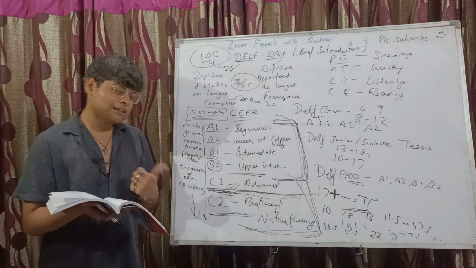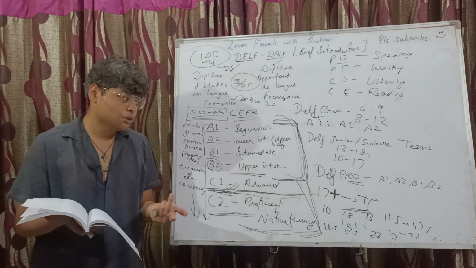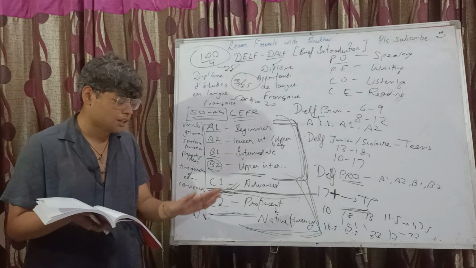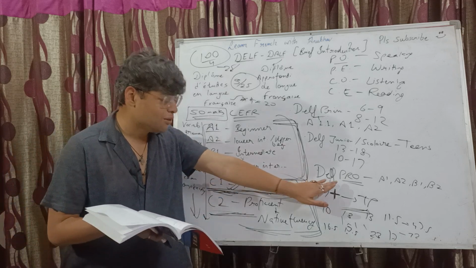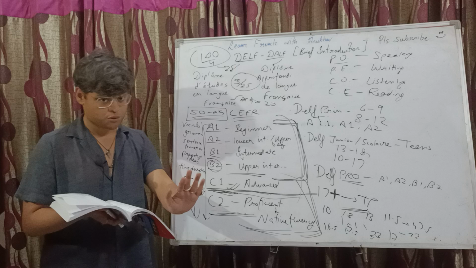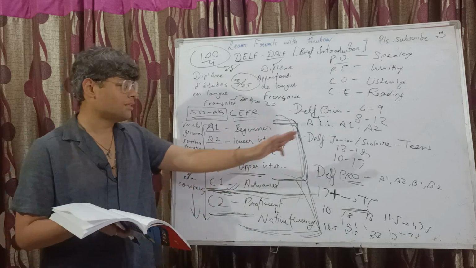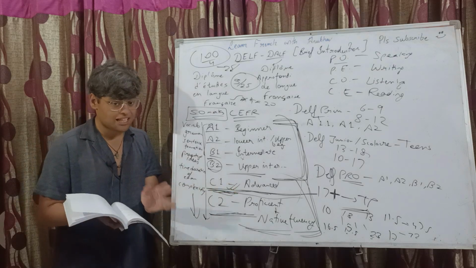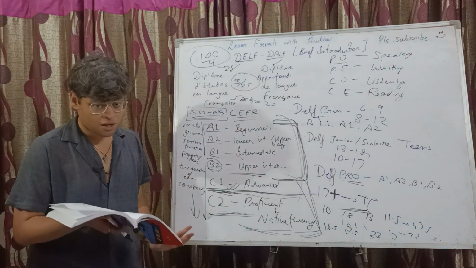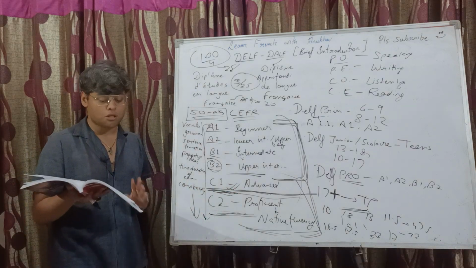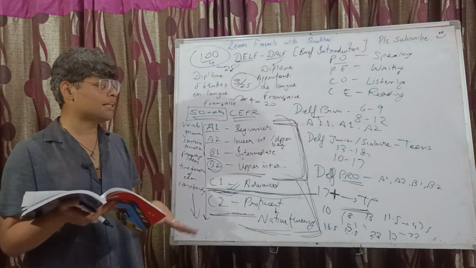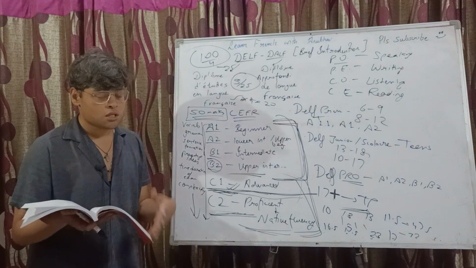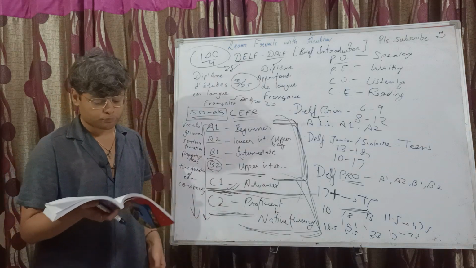DELF Prim takes place roughly 1 to 2 times a year. Junior takes place 1 to 2 times a year. Pro, I am not really sure when it takes place because I haven't really come across DELF Pro as such. Again, this 1 to 2 time frequency will vary from branch to branch of Alliance Française depending upon the demand of this exam in that particular region. But 2 public exams are, for sure, most of the times, in most of the cases, 4 times a year.